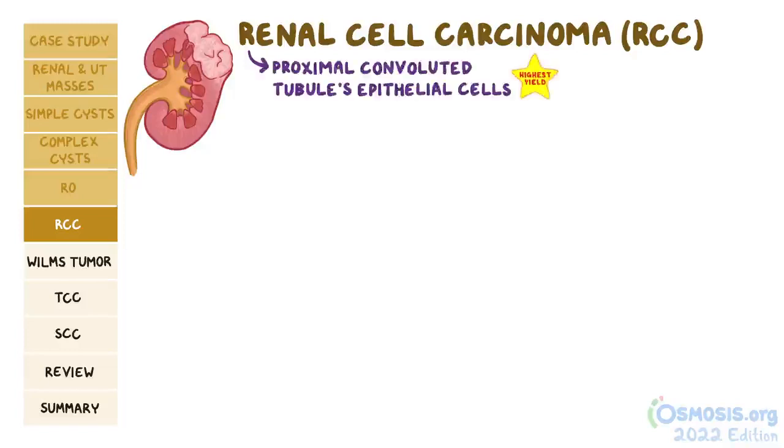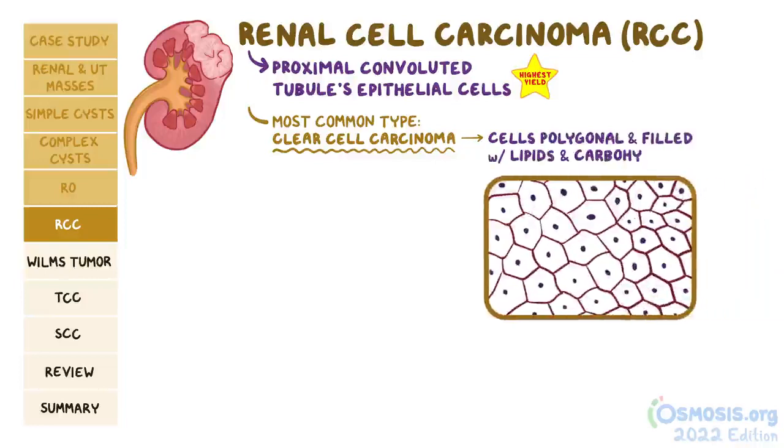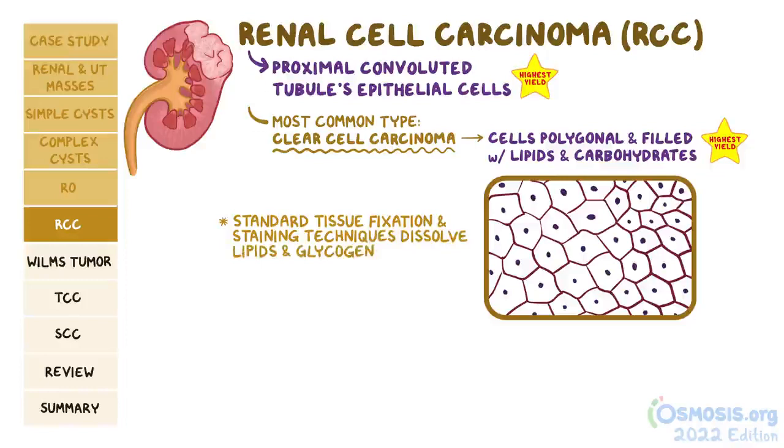For your tests, remember that the most common type of RCC is a clear cell carcinoma, where the cancerous cells are polygonal and filled with lipids and carbohydrates. They appear clear on microscopy because the standard tissue fixation and staining techniques dissolve the lipids and glycogen, leaving clear